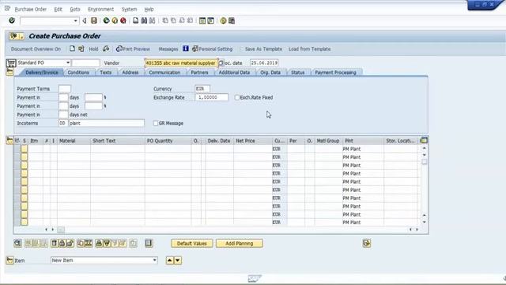Now let us say we want to create a purchase order for 100 line items, and for that you want a particular field as a default field, so you don't need to enter that field again and again while creating the purchase order, so that you can save your time at the time of creating a purchase order. So I will click on this personal settings button.